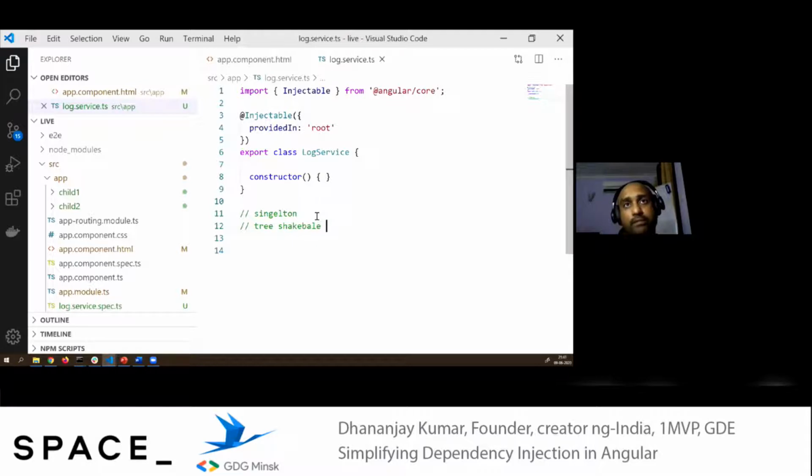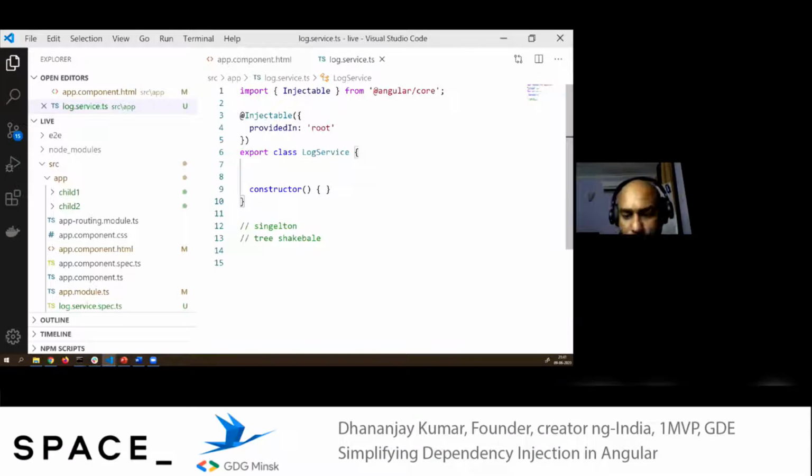Even if we have created this service, if we are not using it in our application, Angular is not going to keep it as part of the final output bundle. Hence, the size of the application would be lesser. That is one characteristic if you are creating a service with providedIn equal to root. And second is singleton, supposedly, but we would come to that later.